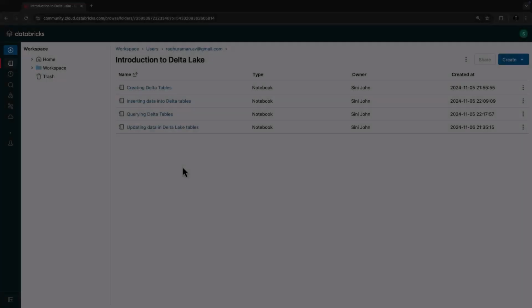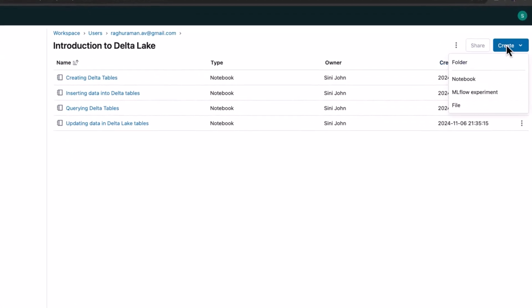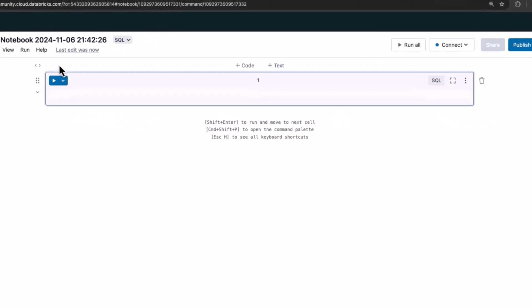Thank you. All right. In this lesson, let's see how to delete data from Delta tables. So deletion is critical for managing data in Delta lakes, and the Delta lake allows you to efficiently delete records based on conditions. So I'm going to create a new notebook as we do always, and I'm going to call it